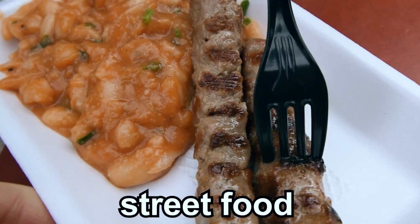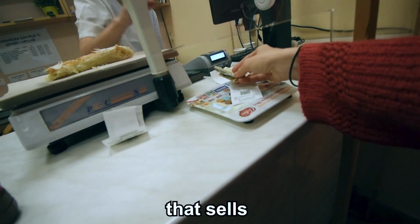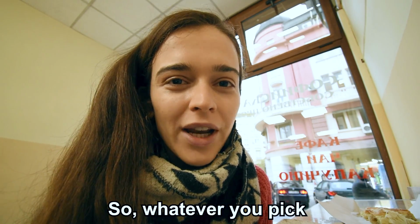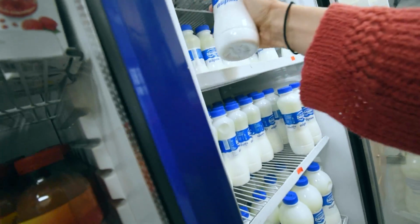Today I'm eating Bulgarian street food, which is one of the best and cheapest I've ever seen. It's breakfast time here in Sofia, Bulgaria, my 53rd country. And right now I'm in this super cute shop that sells Banitsa, which is the typical Bulgarian breakfast. What's really cool here is that they make it fresh every morning, so whatever you pick, you know it's gonna be good. There's also a fridge where you can choose between a bunch of drinks, and I went with a